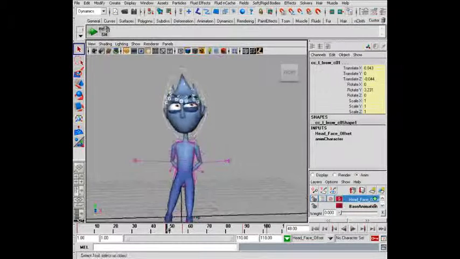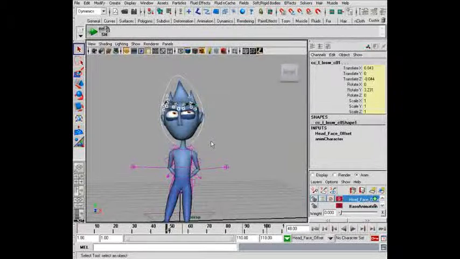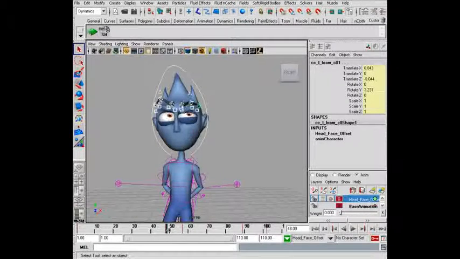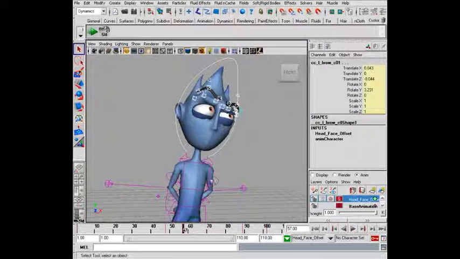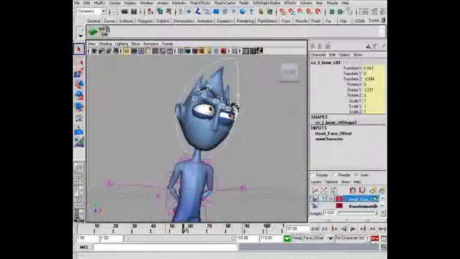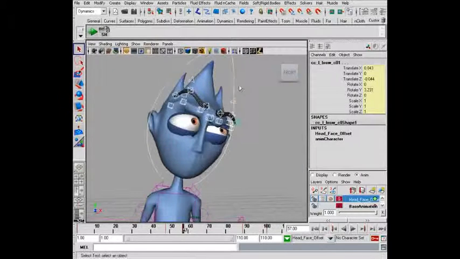So on frame 48, with all of these controls still selected, we'll press Shift W and Shift E. Okay, so we can key in translate and rotate keys. Now, from here, auto key will take into effect. We could go to frame 57,